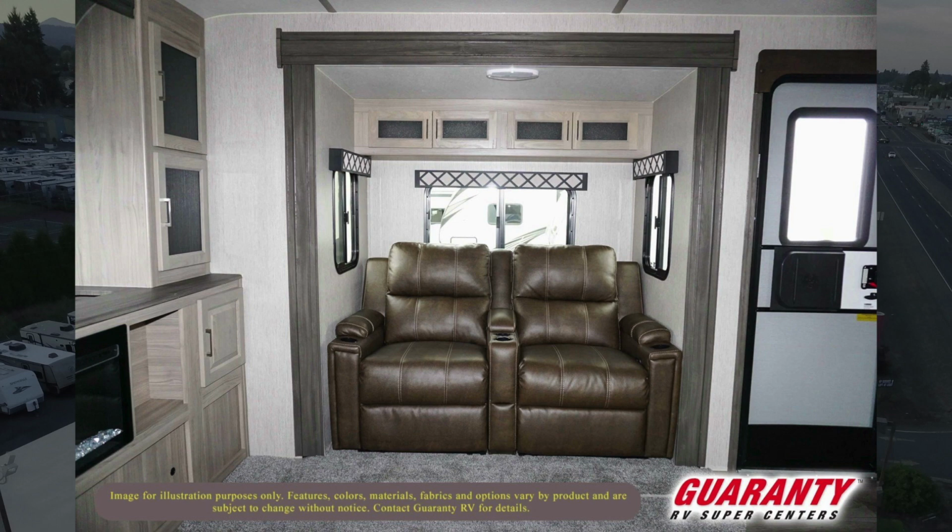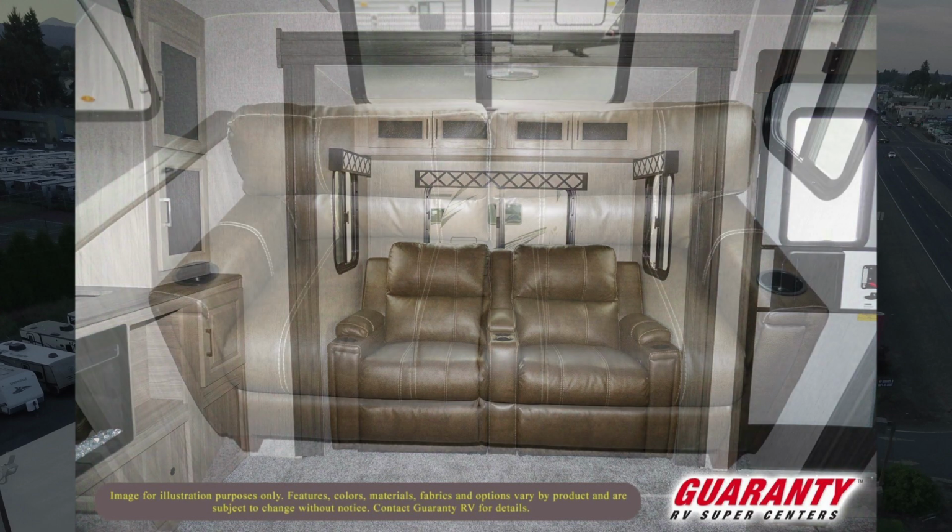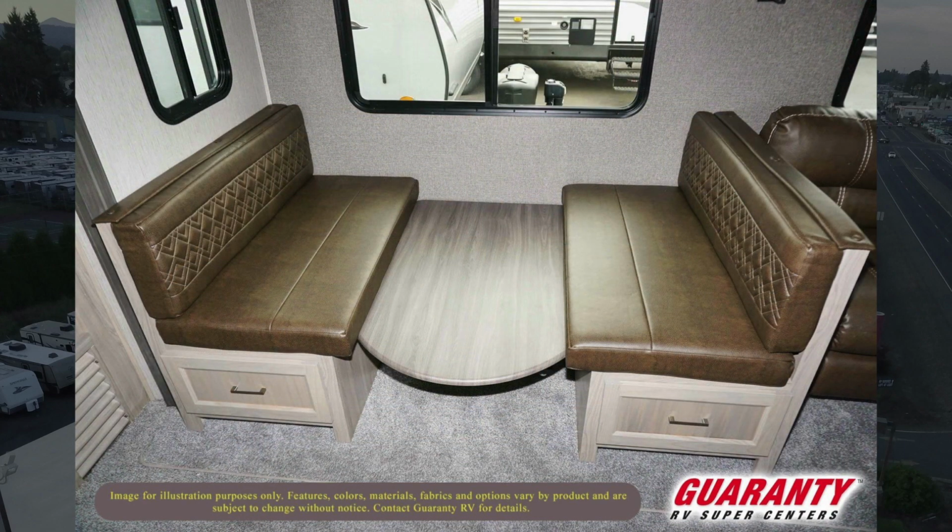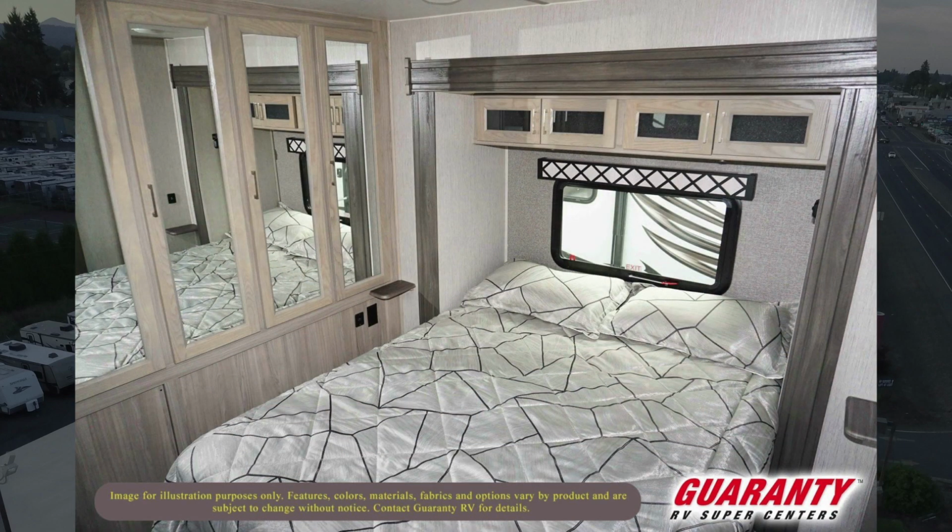And then seating is really good in this. You've got recliners, you've got a couch, you've got a dinette. It's really great. So then if you go into the bedroom, you will see there is a great closet in